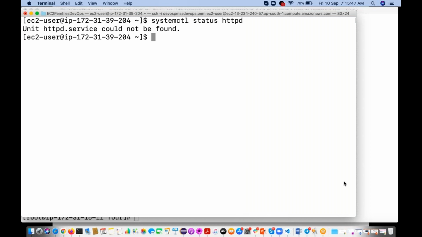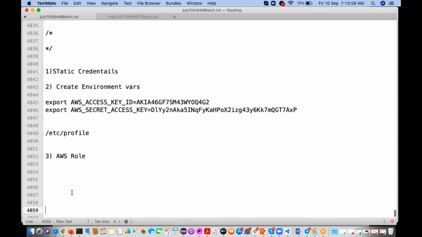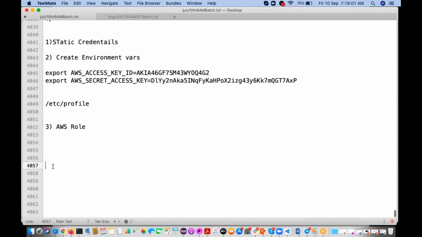Okay. So Taranjit is asking, can you please repeat the high level steps again? See, what I did here, I have created one shell script, install httpd Apache HTTP server.sh.